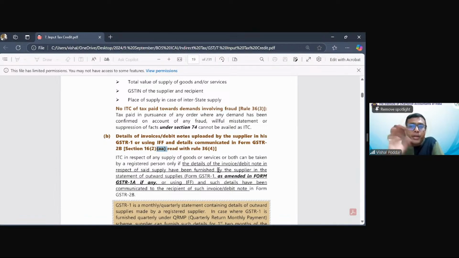A stands for auto-populated. Now, when the supplier uploads his sales in the GST portal, putting your GST number, the GST portal matches that, okay, this is of Vishal Podar because the GST number is put of Vishal Podar. It will extract those invoices from the supplier's GSTR1 and show them in my auto-populated purchase return, which is GSTR2A. This 2A existed right from day one, but it did not have much relevance. Then there was a lot of dispute, there were a lot of challenges.